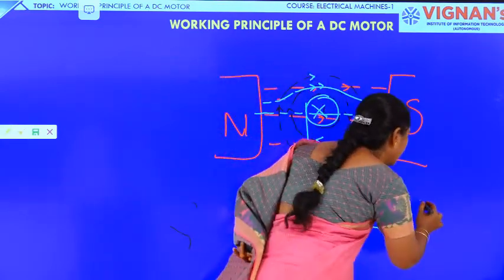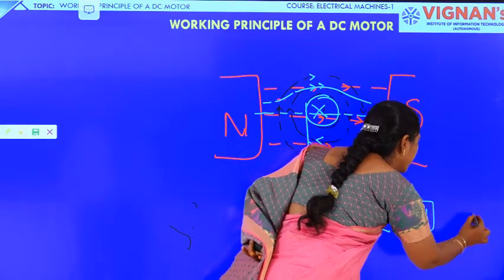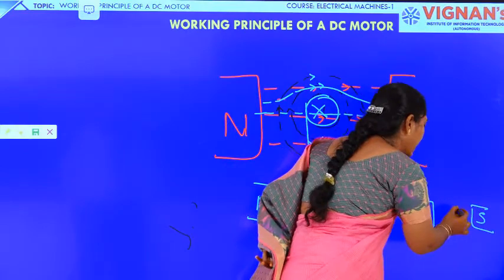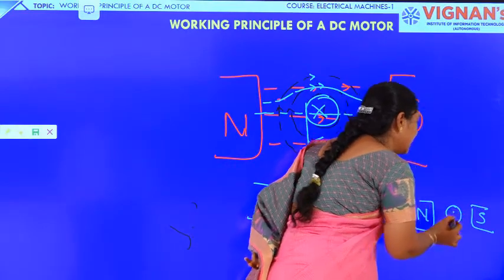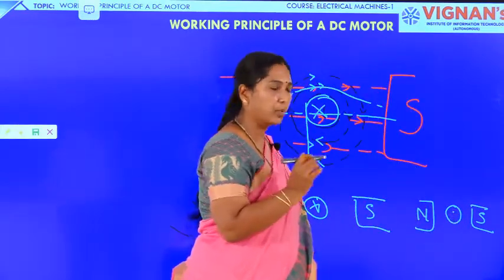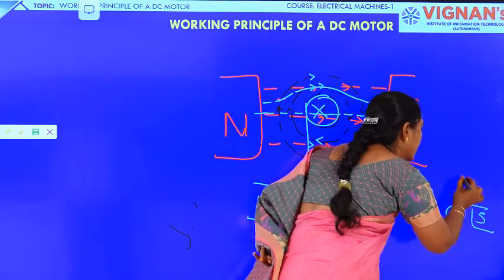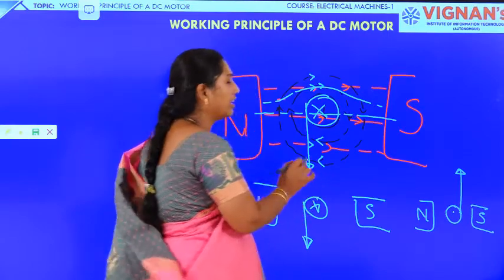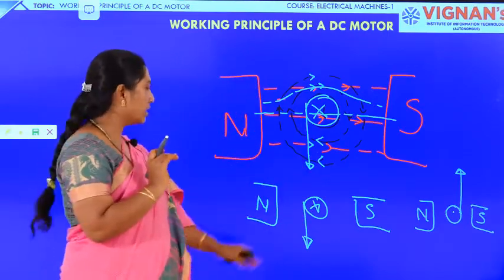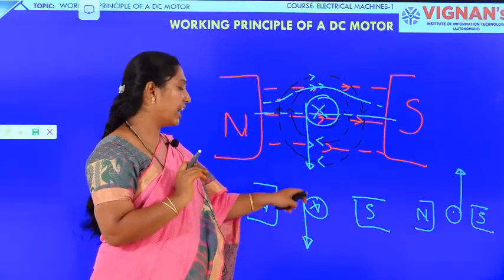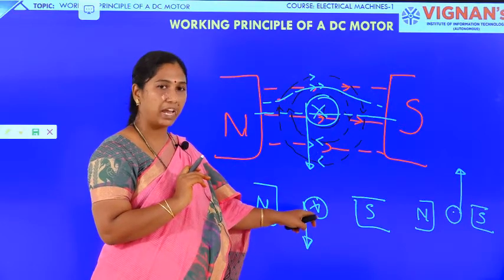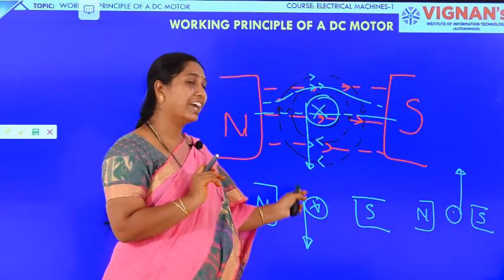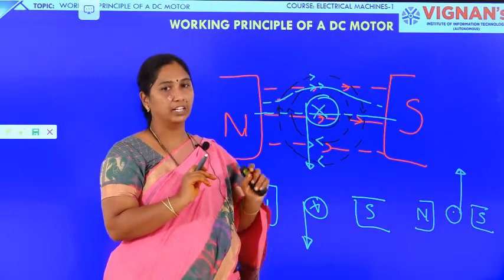In the same way, whenever we place a current carrying conductor perpendicular to the field and the current is outward from the plane of the board, the force experienced by the conductor will be upwards. These two points are very important for us. This is how, whenever a current carrying conductor is placed in a magnetic field, it experiences a force based on the direction of the current through the conductor.